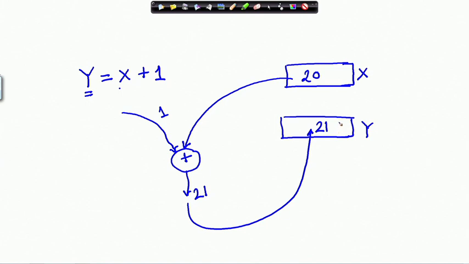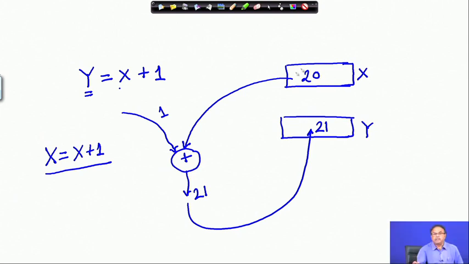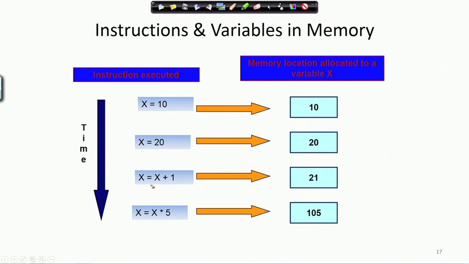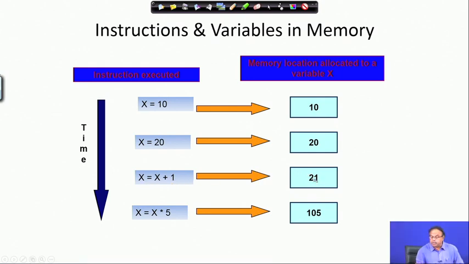Unlike the earlier case when we had written x assigned x plus 1. When I do that, then in this case this 20 will be overwritten, but in this case it is not being overwritten, it is remaining, all right. Now, let us go back to the slide here. So, now you understand x was 20, then next step x is assigned x plus 1. So, it becomes 21, the same location x is becoming 21.